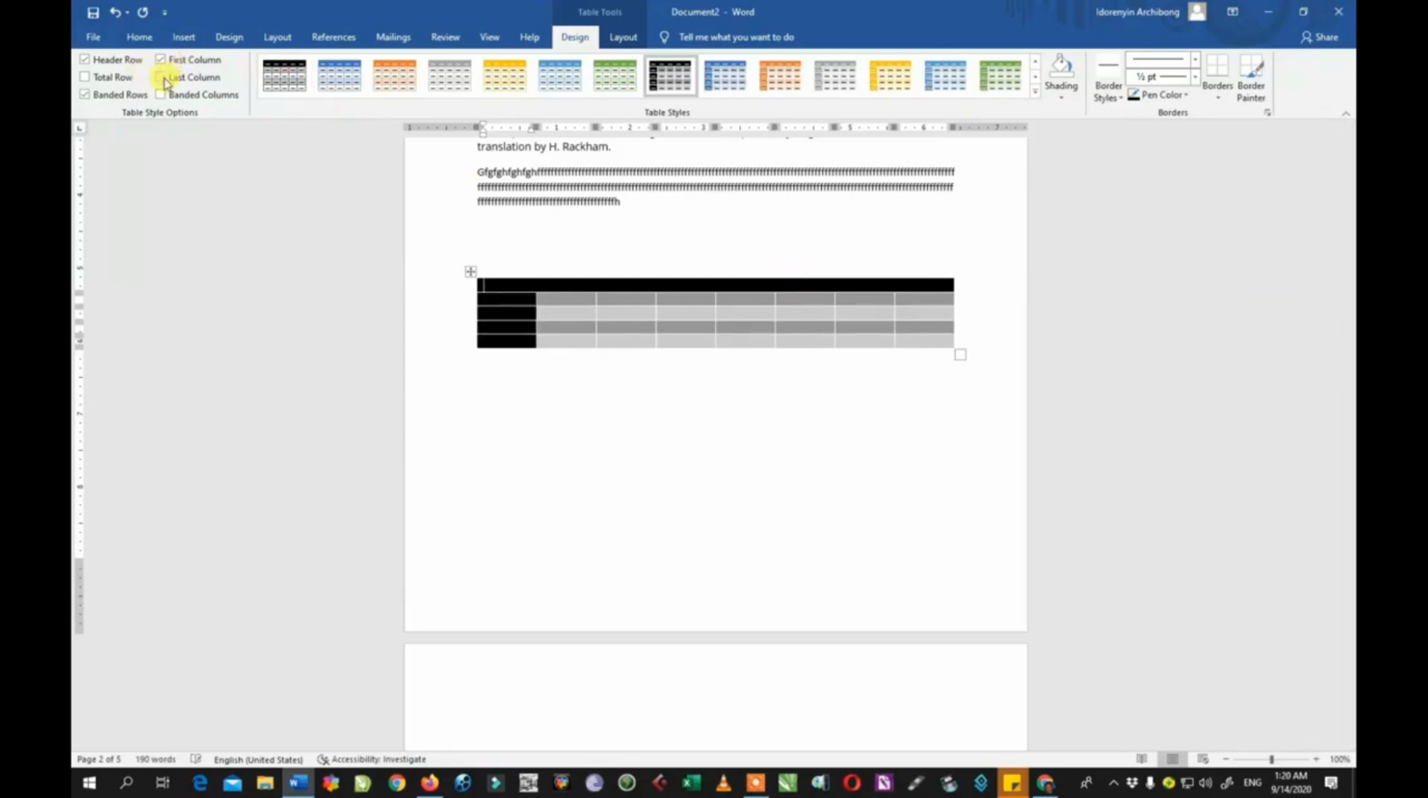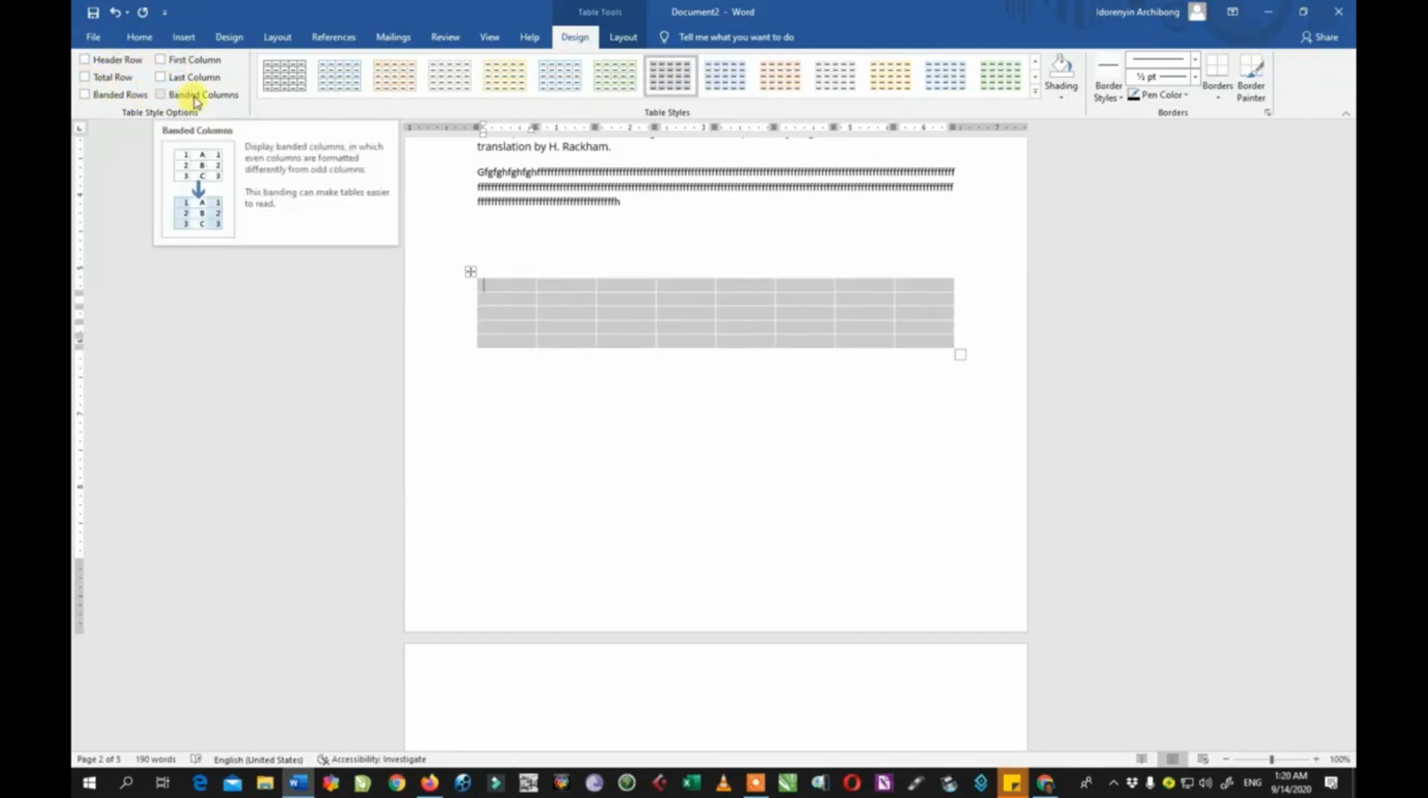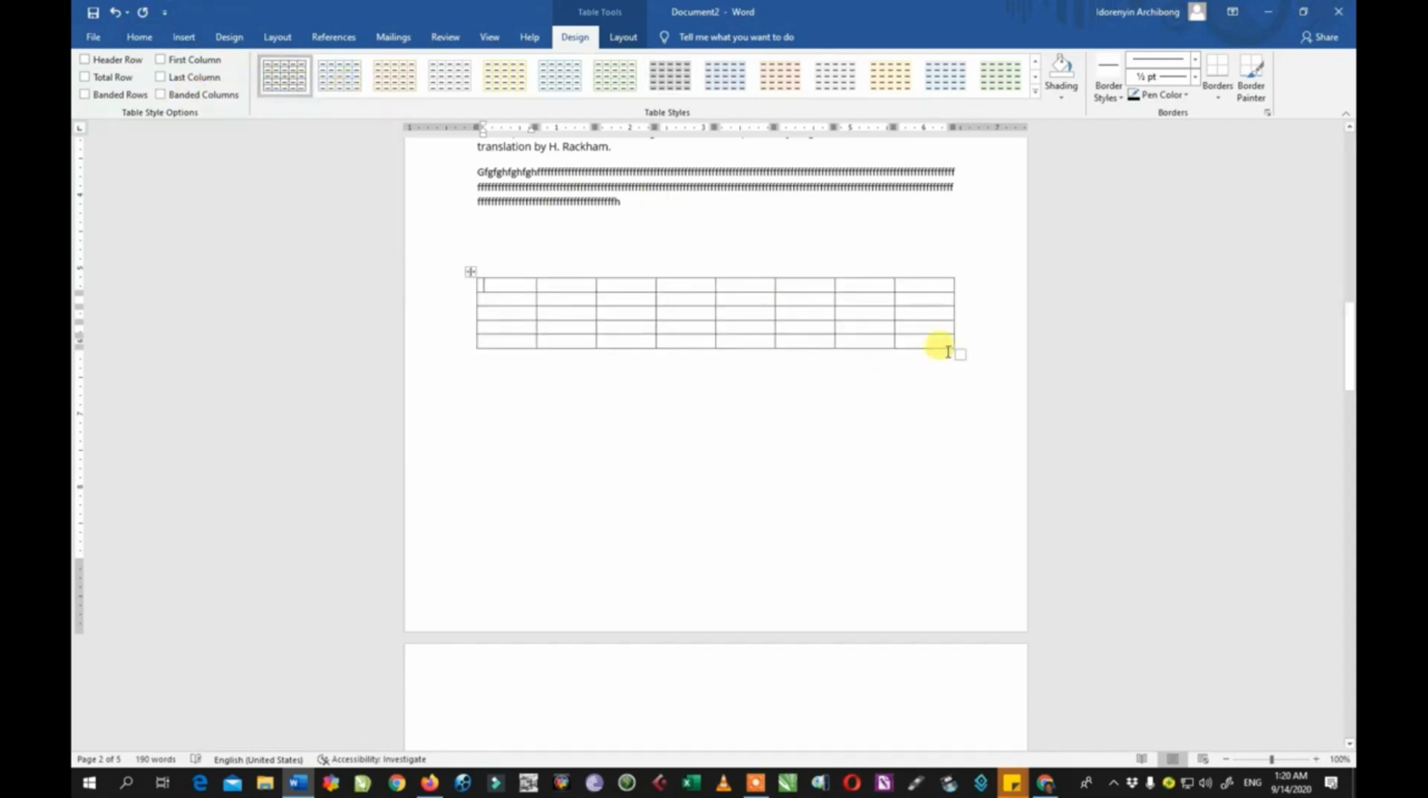You see, all these are options that you can use to format your table to make it look exactly the way you want. Now this is a table. Let's say this table is 8